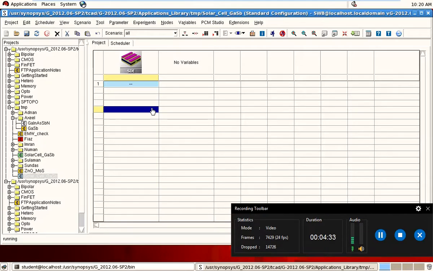In this tutorial we will only see how we can work in the command mode, and in the next tutorial we will see how we can work in the batch mode.